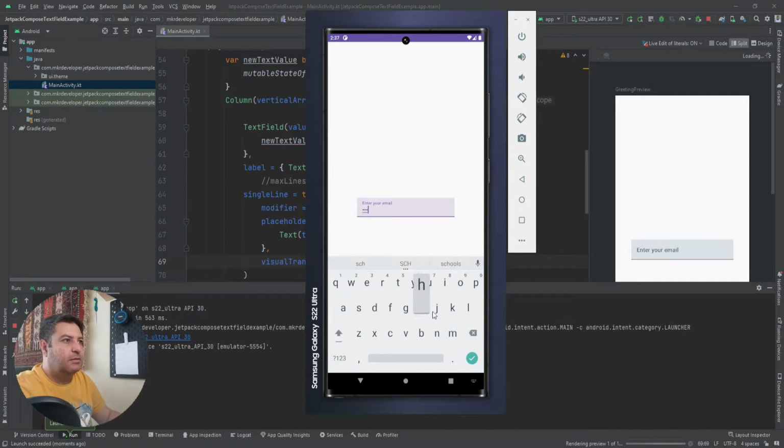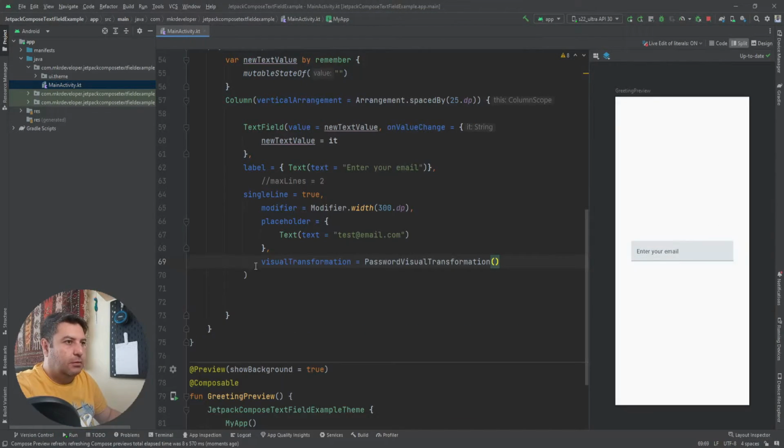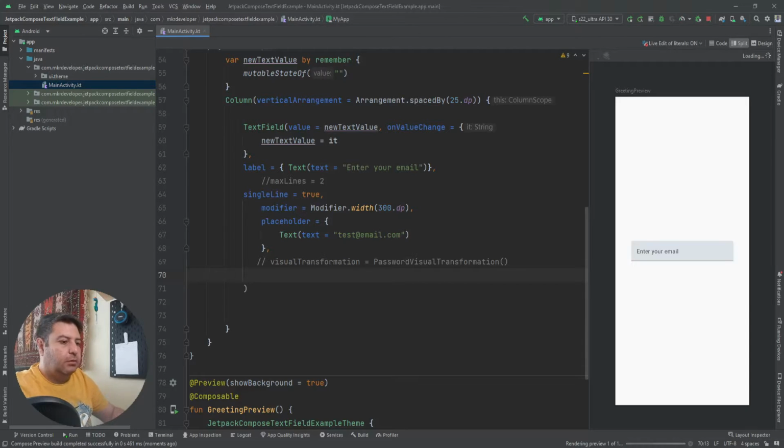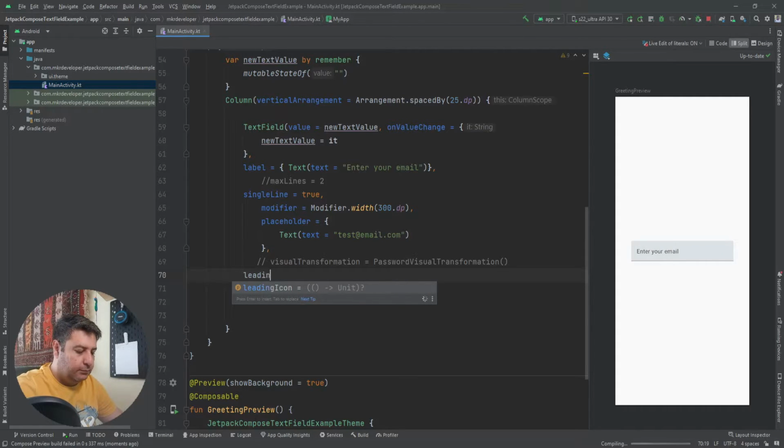Okay, the text after typing will be changed to a dot. Okay, I don't need it for now. Then the next thing that we can have is one icon here as the leading icon, and here another icon as, let's say, action icon. So let's start from the leading